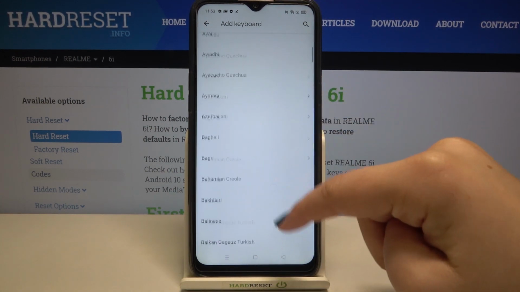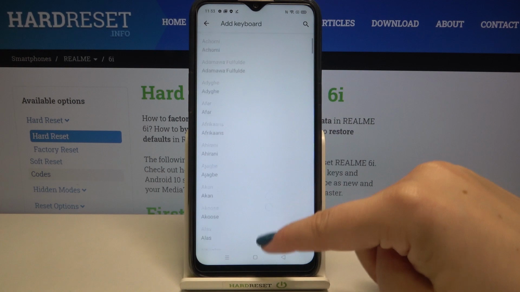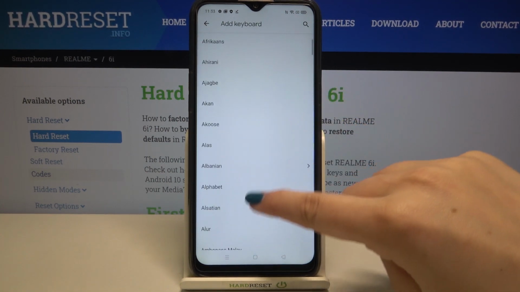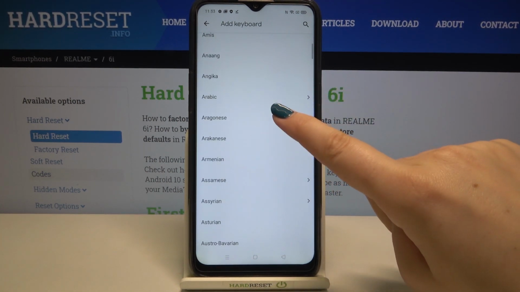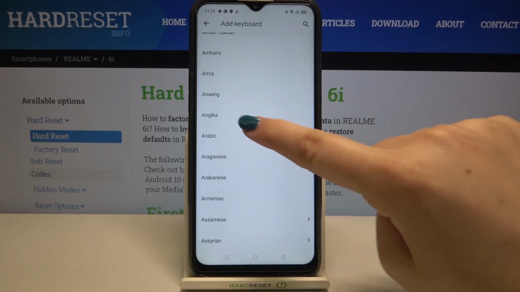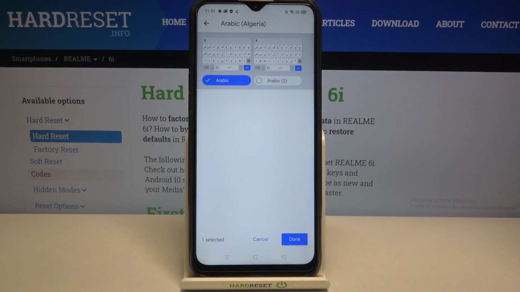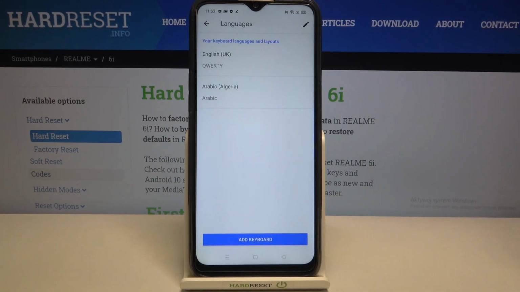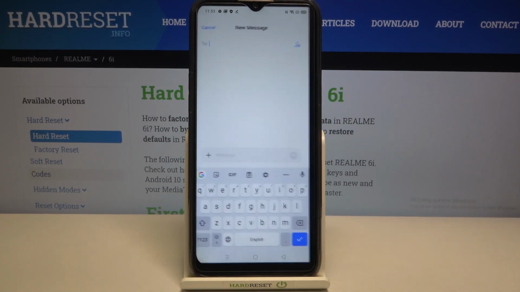So all you have to do right now is to simply find the language you would like to set and tap on it. So let me pick, let's say, a graphical language in order to show you the actual changes. So let me pick Arabic, tap on the region you would like to use and tap on done. As you can see, it has been immediately applied to this list, so we can go back to the camera